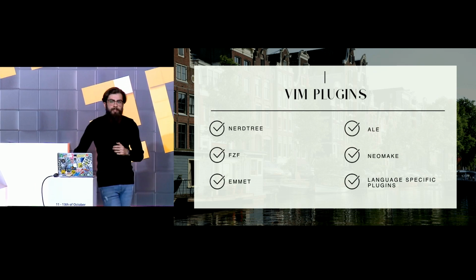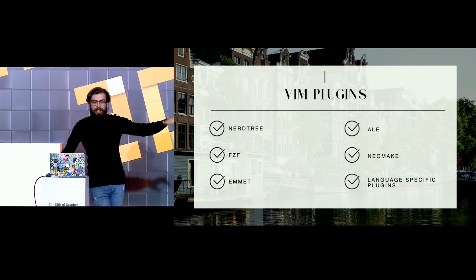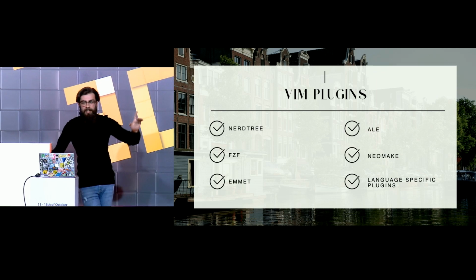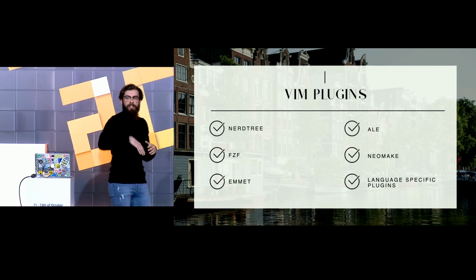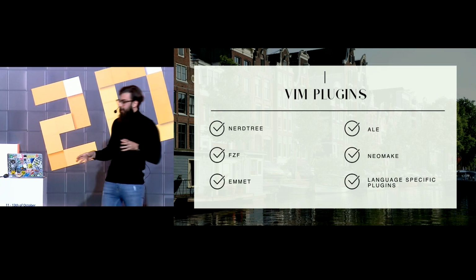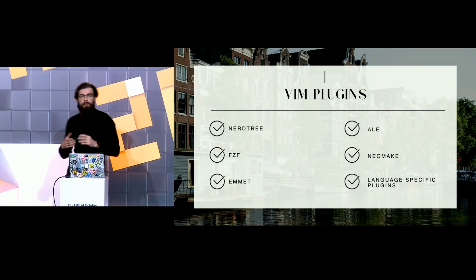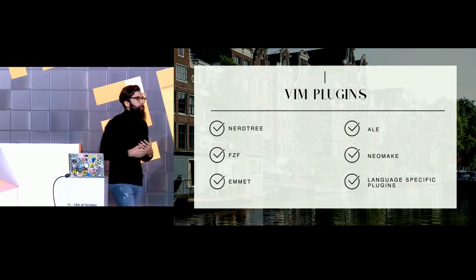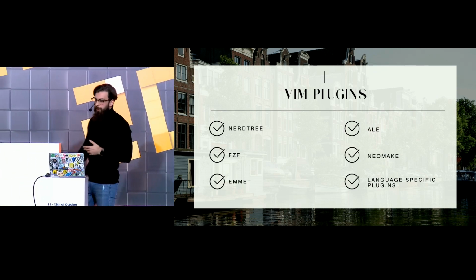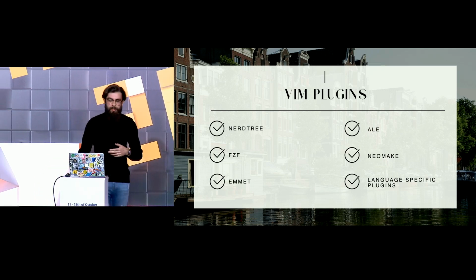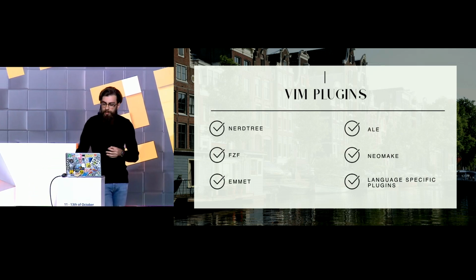I use ALE. This is not beer, okay? This stands for Asynchronous Linting Engine. And what it allows you to do is not have all those plugins for different languages that you use to lint things. So if you're using JavaScript, for example, you can configure it to run Prettier when you save files, or ESLint, or whatever linter or code formatter you're using. So it's very useful, very fast.